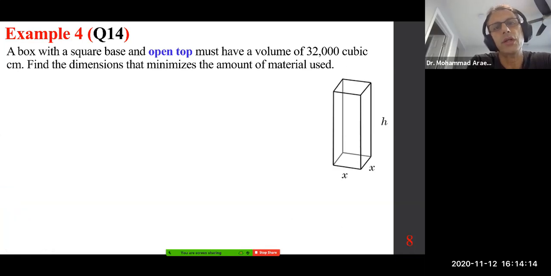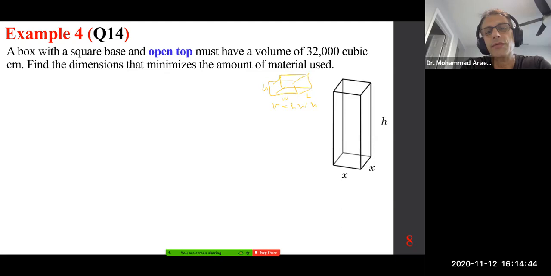a rectangular solid in general, class. Maybe I do the drawing here. By the way, what you see here, even x and h, may not be to scale. So this is the height, width, length. The volume is LWH. The surface area